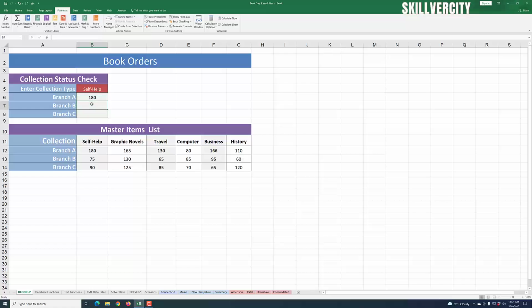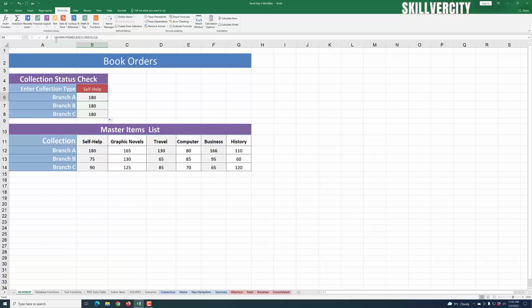Now, we can do the same thing for branch B and C, but we can also use our autofill, which is what we're going to use at the moment. Let's autofill branch B and C. All right, as you can see, there's no difference in the value of the returned output. The reason for this is because we did not change the row number. Remember, the output value is gotten from the rows. So if branch A is row 2